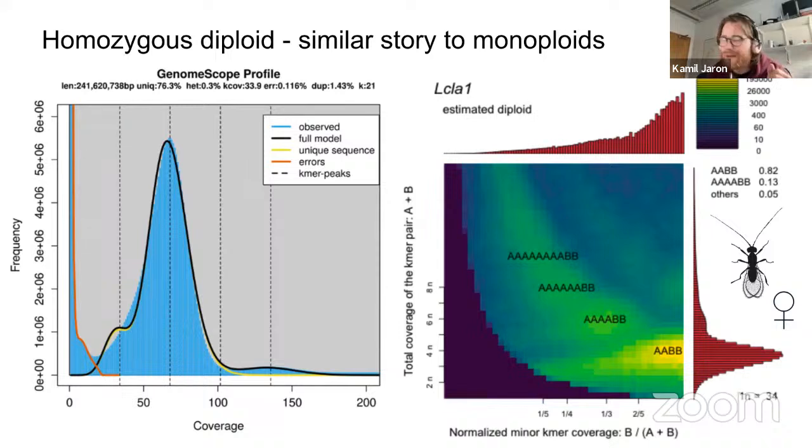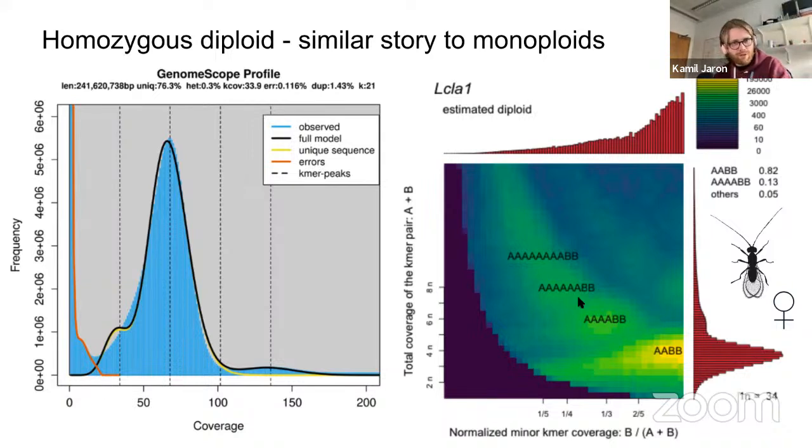That's still true, but the bottom paralog will be AABB, right? Because it's a diploid species. It has everything in two copies, but we know for sure that A and B need to be paralogs. So AA is the one homozygous site and BB is the other homozygous site. And if you did exactly the same with a male, you would just have to relabel them to have one lower ploidy.